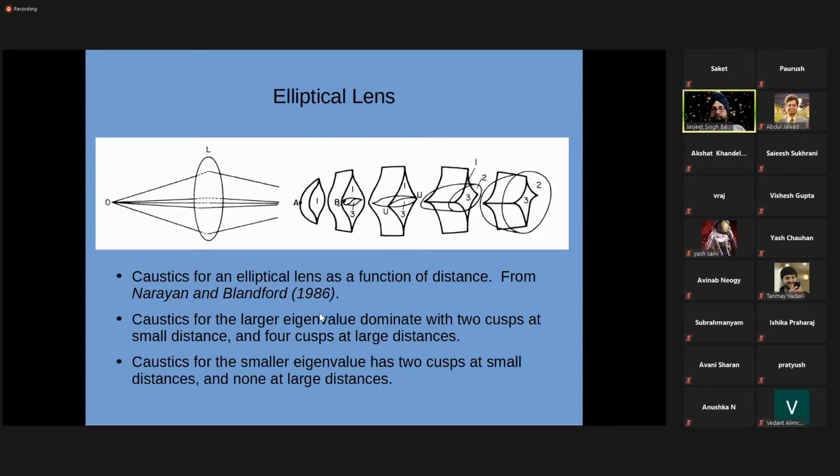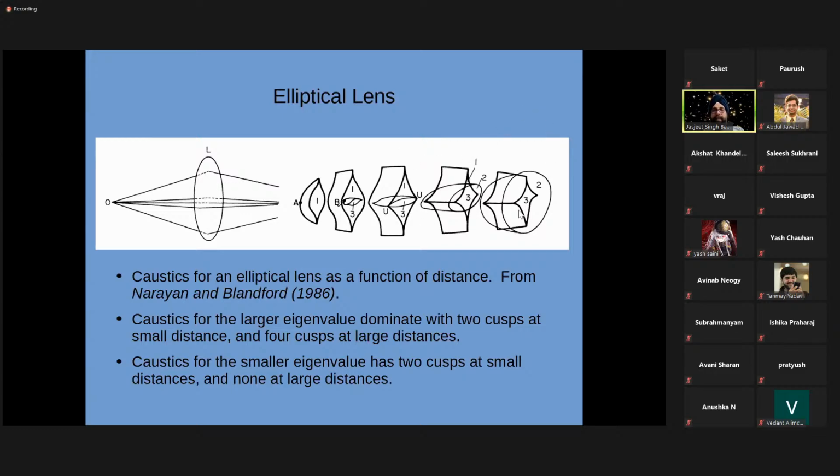So this is not new. This is something which has been known for any number of years. And caustics for an elliptical lens as a function of distance were first analyzed back in 1986 by Ramesh Narayan and Roger Blandford. They used generalized Fermat's principle from optics for gravitational lensing. And what is shown over here is for an elliptical lens, the caustics are drawn for a whole set of source redshifts. So what we have done is to